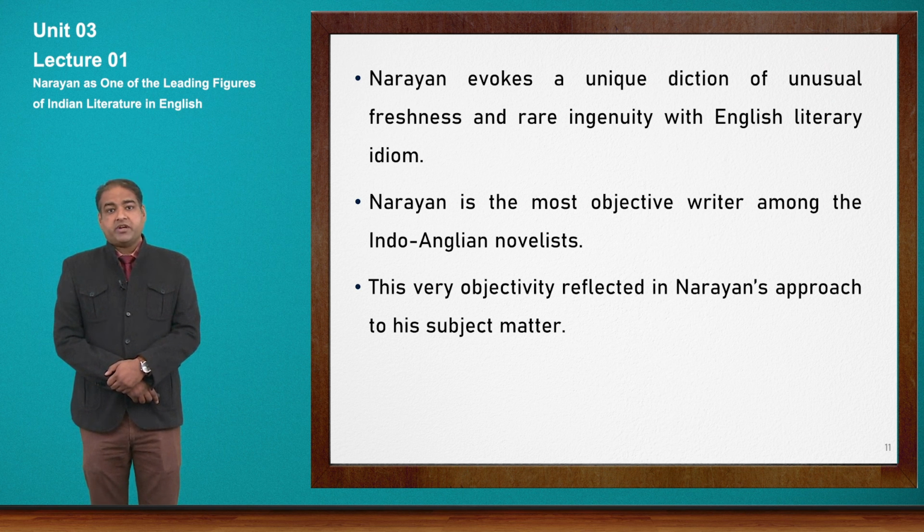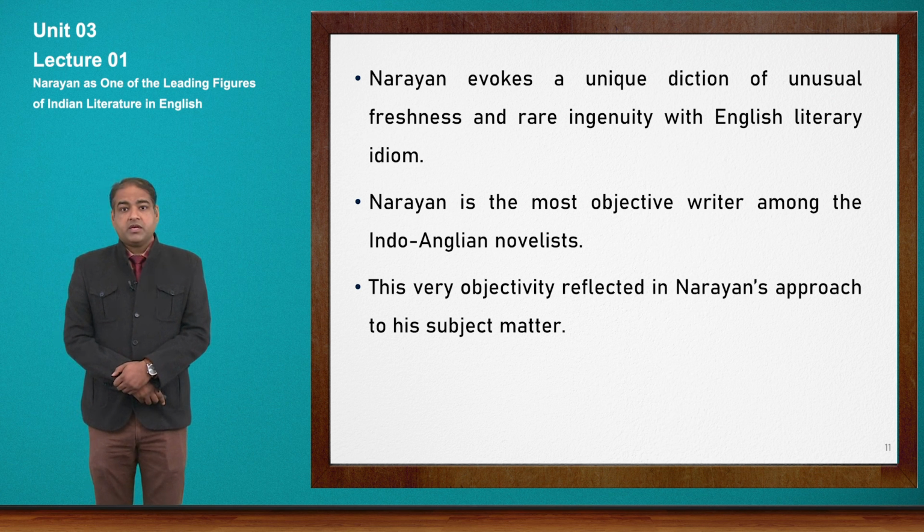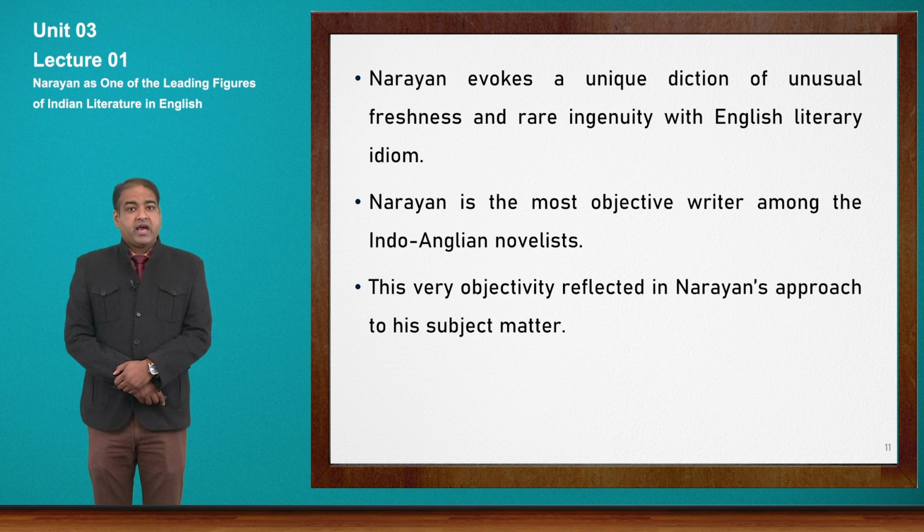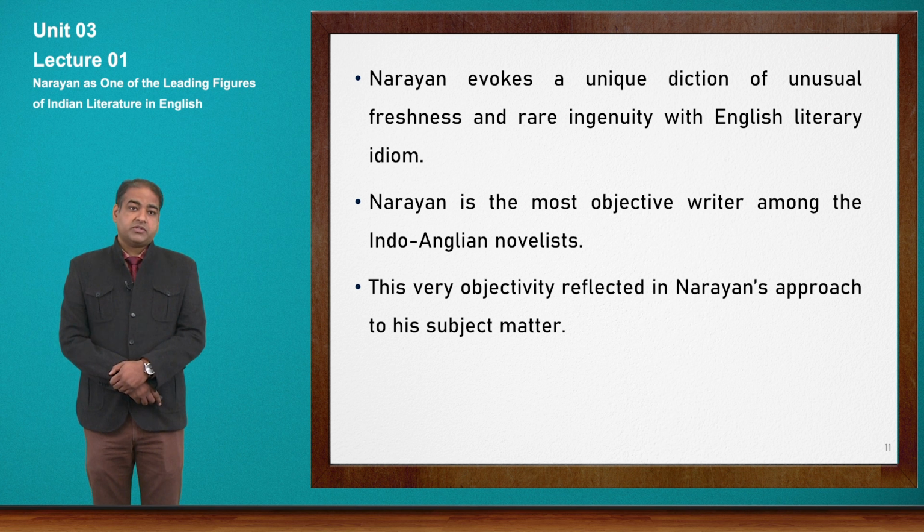He is the most objective writer. Most objective means he is not always talking about the ecstasy of passion in his works. He is objective. His characters are realistic. His characters are down to earth. They have their whims and fancies, but those whims and fancies are related to their money making, their survival, their lifestyle, and in this way, the characters are the mouthpieces of R.K. Narayan, and R.K. Narayan is also proved as a very down-to-earth person with an understanding of his characters.